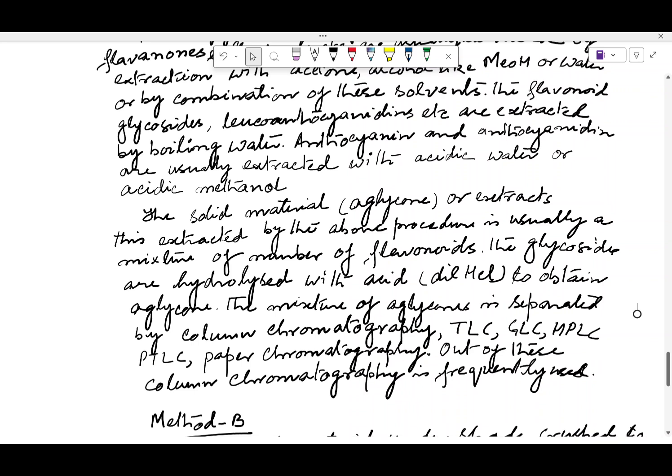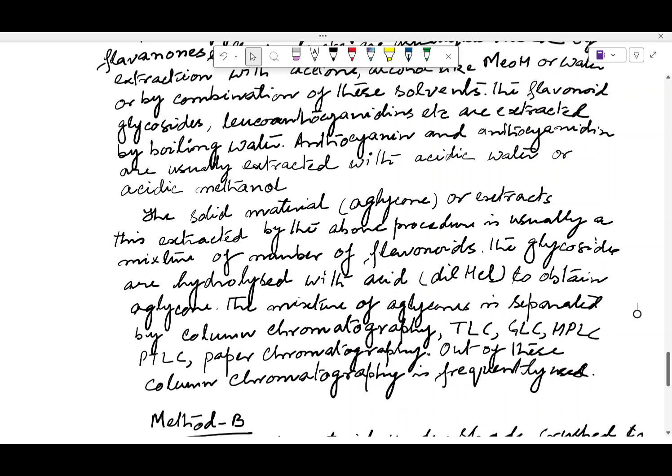And if your plant contains anthocyanins or anthocyanidins, that is the peculiar pigment of the flowers, because you see, you have the rose, you have the lily, they have different types of flavonoids, and that is called the anthocyanins. Due to the presence of the anthocyanins, it gives beautiful colors. That is the main thing. Therefore, in order to extract the anthocyanins or the anthocyanidins, you have to select acidified water or acidic methanol.